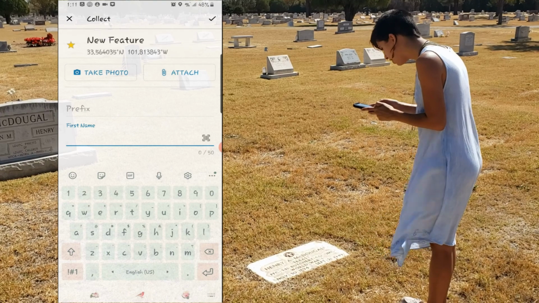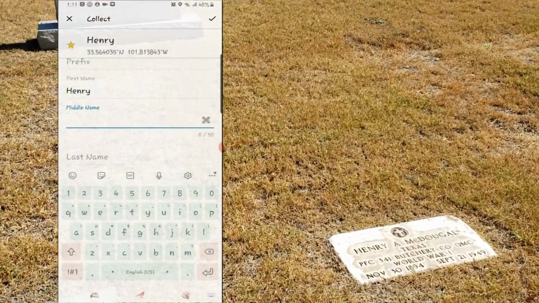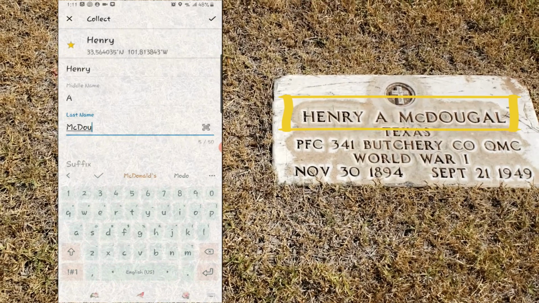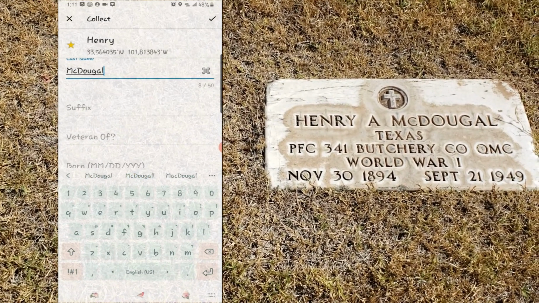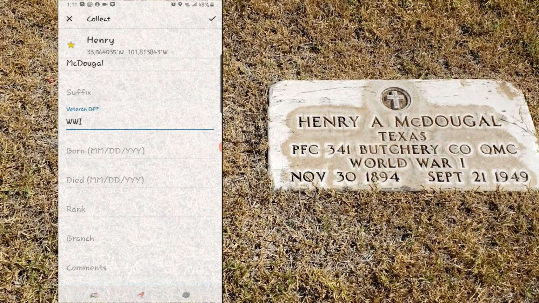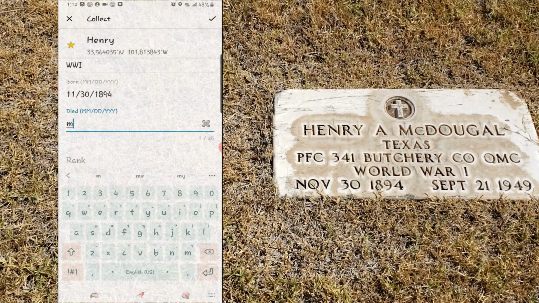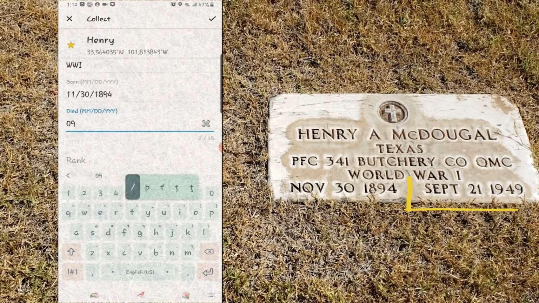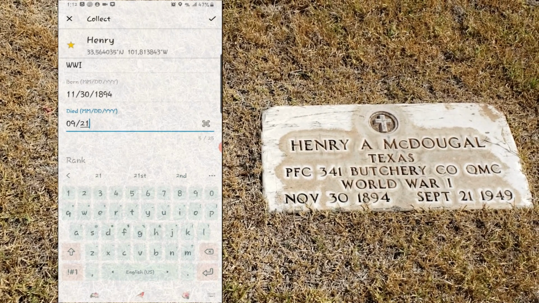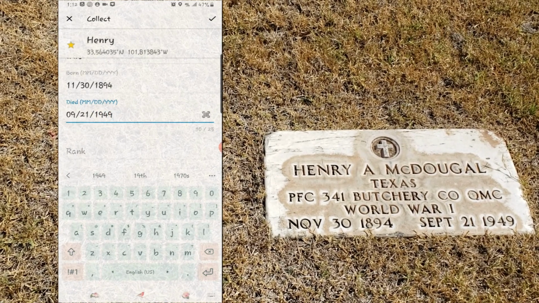So this is Henry A. McDougall. All right, and he doesn't have a suffix. He's a veteran of World War I. We can add his birth date, which is November 30th, 1949. Okay, and then